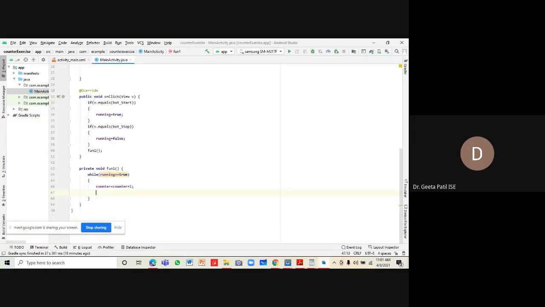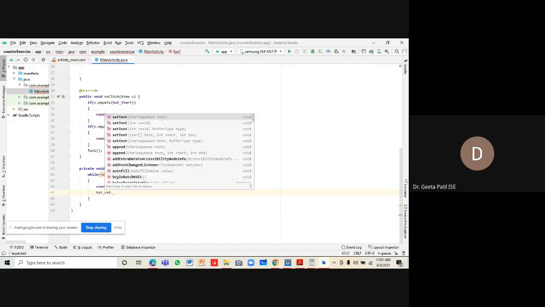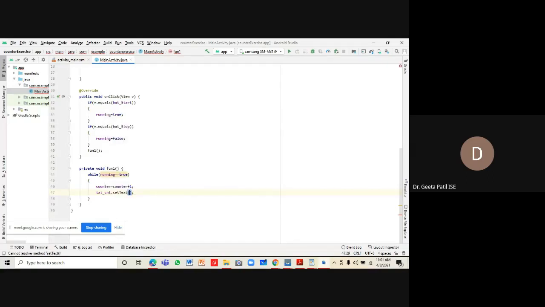To do that, we say txtCount dot setText, where we have to convert this counter value to a string.